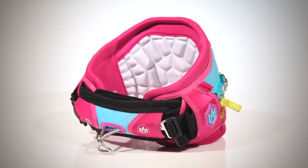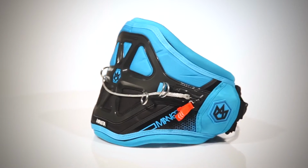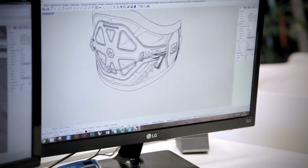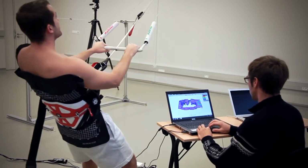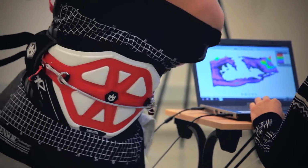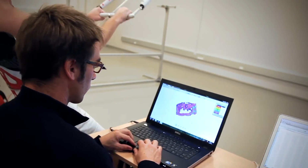Acknowledging the limitations of existing products on the market, we wanted to develop and offer an innovative harness which can significantly increase the length of your sessions thanks to its comfort. This is why we worked with a human kinetics science lab to help us on this project. Their scientific approach and knowledge of human morphology enabled us to create a harness providing a level of comfort that